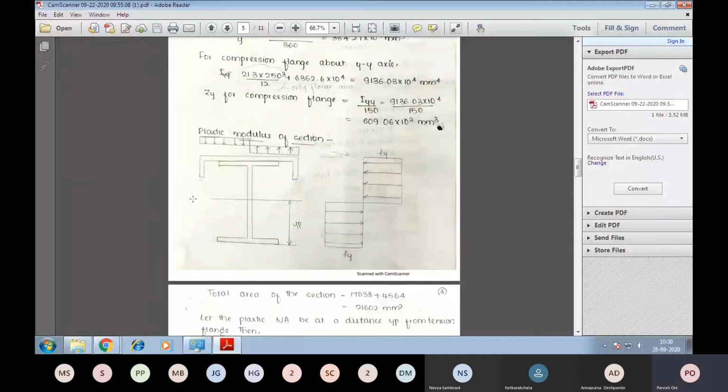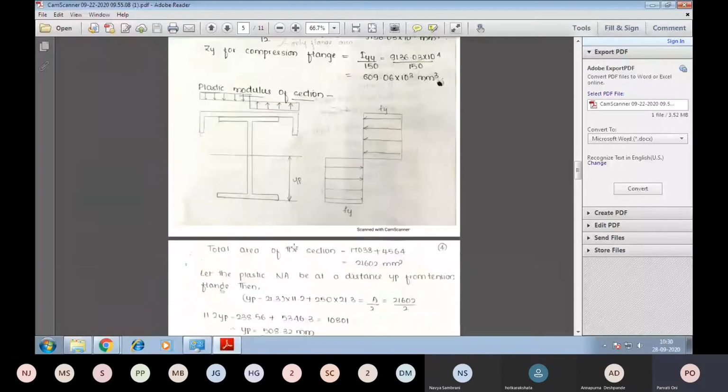So this neutral axis is assumed to be passing at the center of the section. That means it will divide the section into two equal areas. This is the assumption. This plastic neutral axis is going to divide the total section, including the channel section, into half, that is equal areas. So let us consider this plastic neutral axis to be at a distance of yp from the bottom fiber.